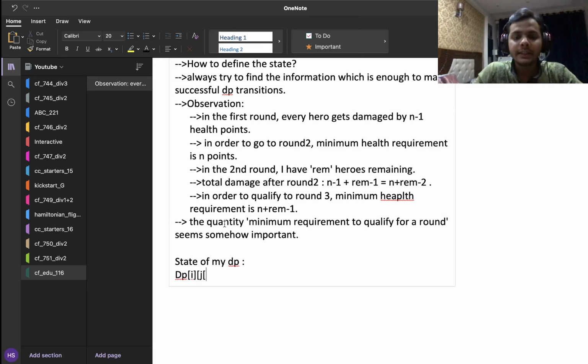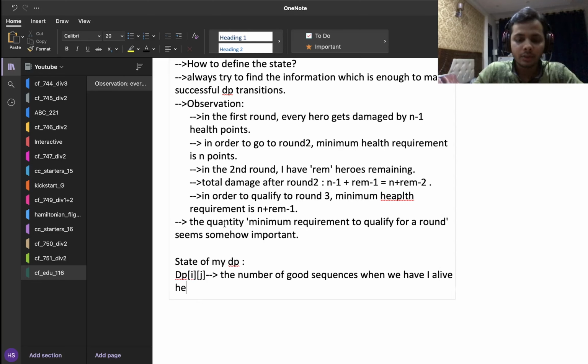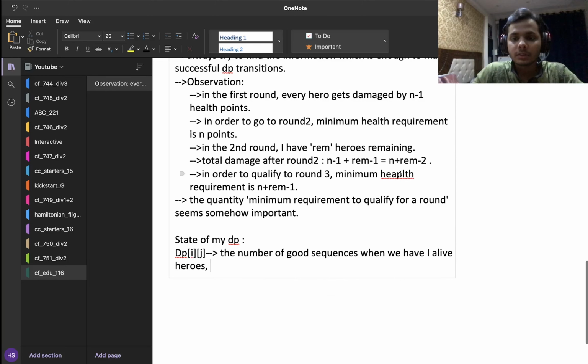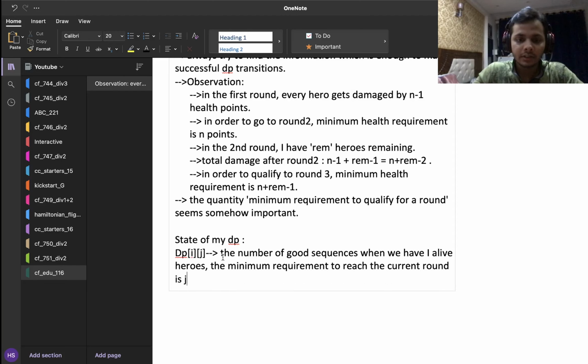So now I am ready to define a DP state where DP of i, j represents the number of good sequences when we have i alive heroes, and the minimum requirement to reach the current round is j health points.